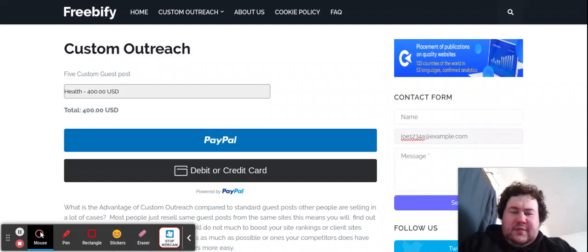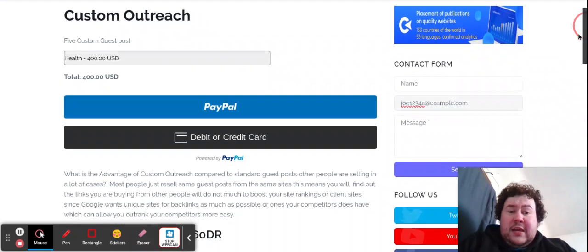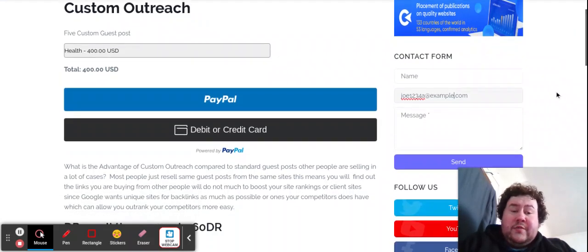Hey, so since a few people were asking me about contact forms, what's the right way to do them, I thought this would be a good example to show you so you get the idea of how to do them right. In most cases, for you to get a high amount of people who will actually be willing to contact you or a business you're representing or your client's business,